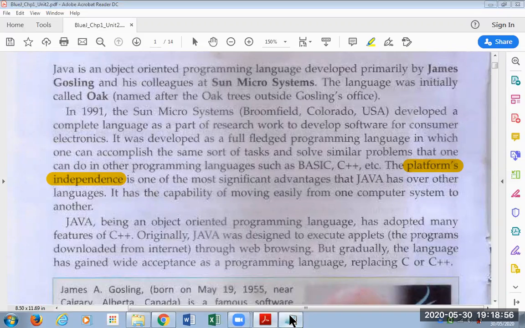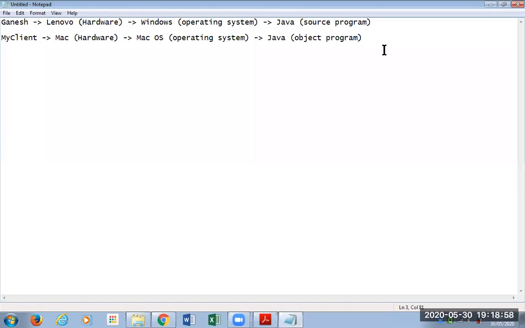So even if I give my program to another client, besides client one on the Macintosh, I sell the program to another client having a different computer, say for example a Dell computer.